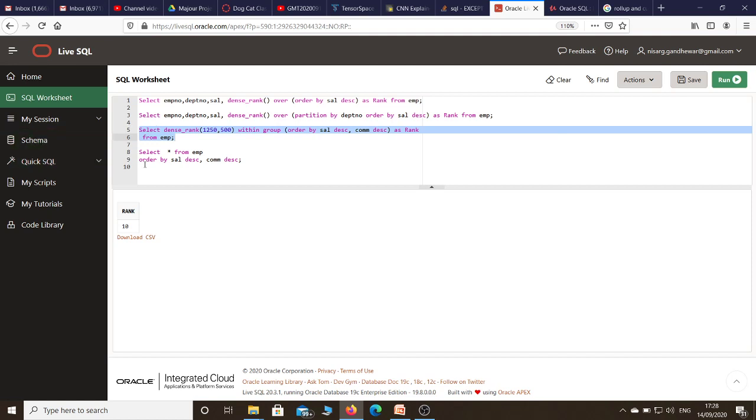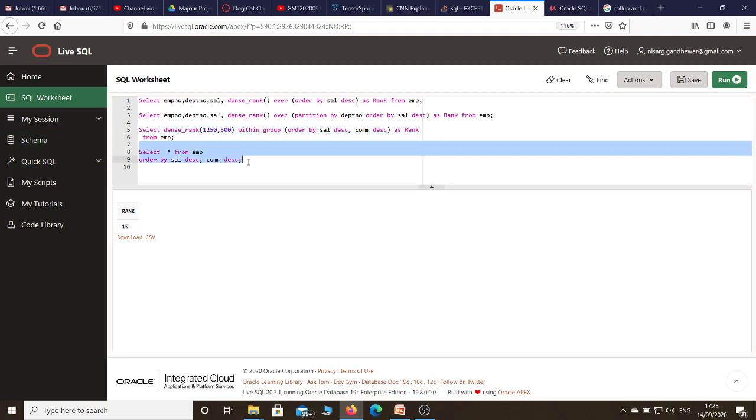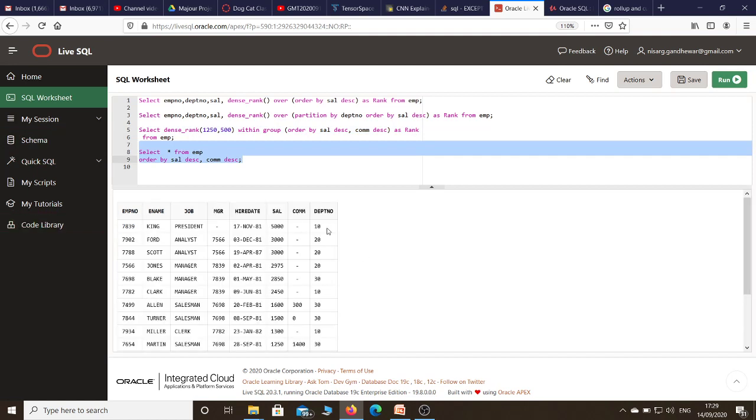So let's demonstrate this with the help of this particular table. We want the rank as 10. As it is a dense rank function, in this case consecutiveness is maintained. So 5000 is rank 1, 3000 is rank 2, this is again rank 2. Here rank 4 is not there, rank 3 is there.